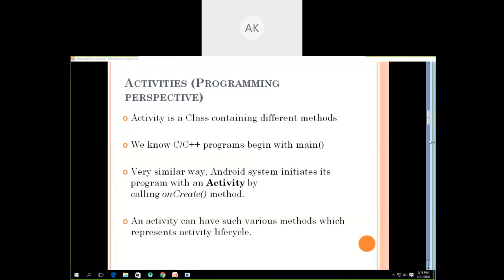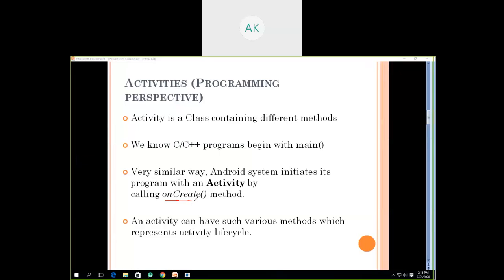Okay, sorry for that. So activities from the programming perspective are nothing but the classes which contain different methods. Every activity consists of one important method, and that method is onCreate. Now the onCreate function is similar to the main function in C and C++ programs.